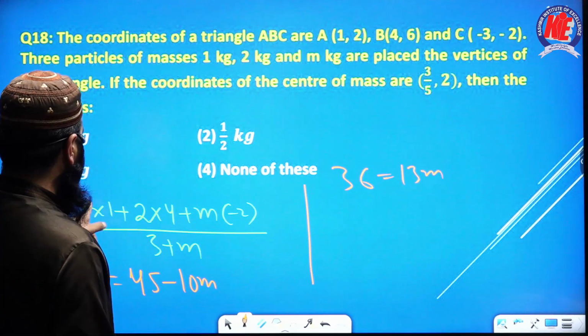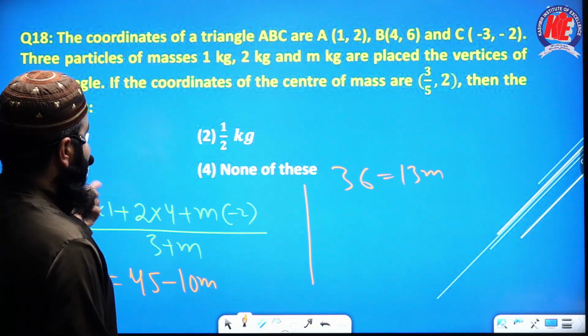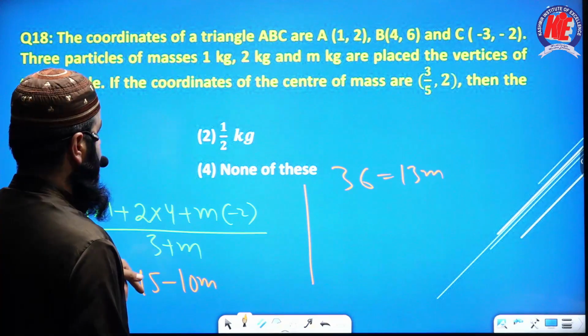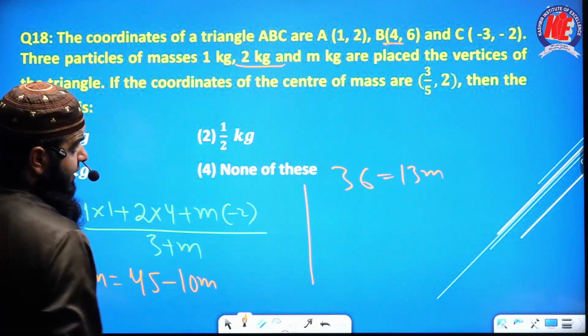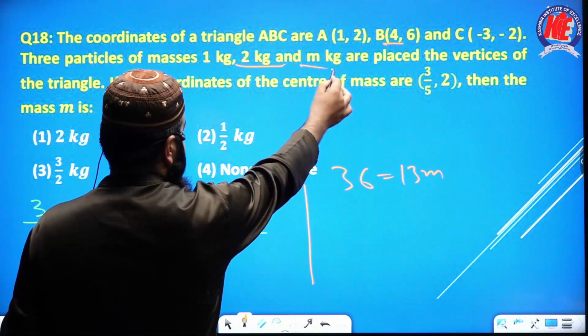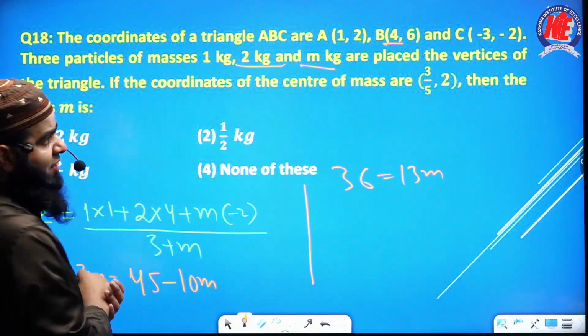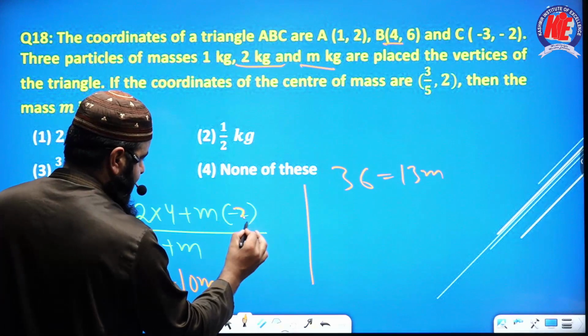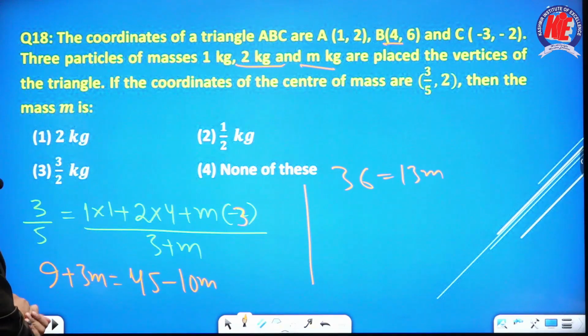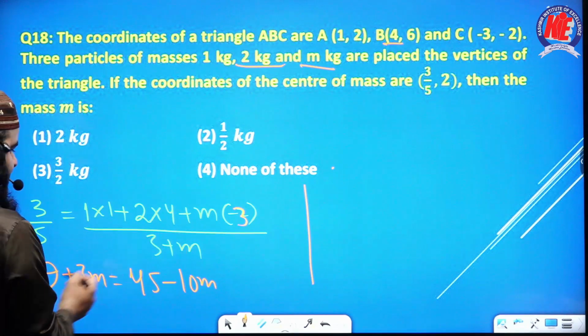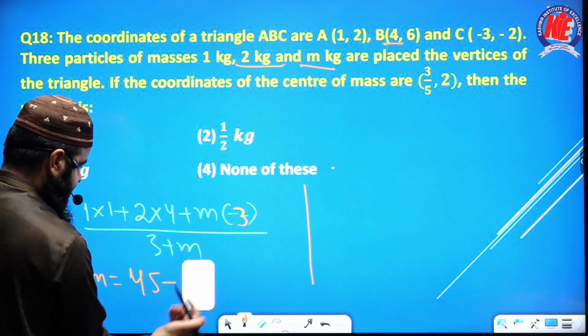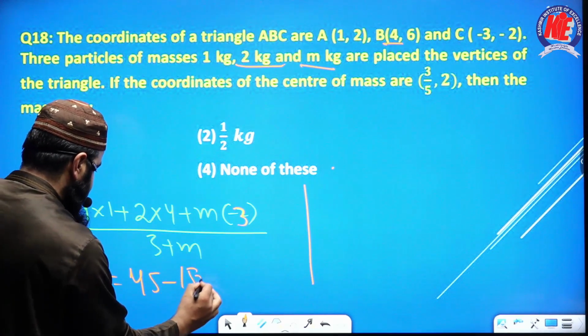Coordinates को एक बार फिर देखो, 1 into 1 m1 x1 plus m2 x2, m2 is 2, x2 is 4, that's fine. Again, m3 is m into -3, oh here we have made the mistake, the x coordinate is -3 here, so ये बनेगा 5 3 are 15, so 15m, all right।